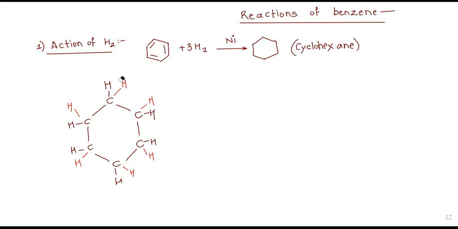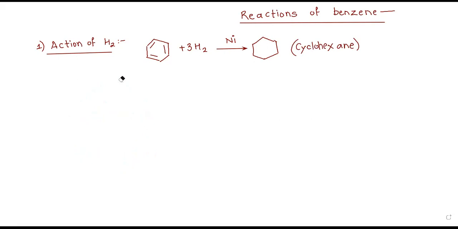This is called the hydrogenation reaction, or addition of hydrogen atoms. Second reaction is quite similar, addition of chlorine. Now, the way I added hydrogen, in a similar way we will add chlorine also. So I will need 3 molecules of chlorine. When you add chlorine out here, this needs sunlight for the reaction.